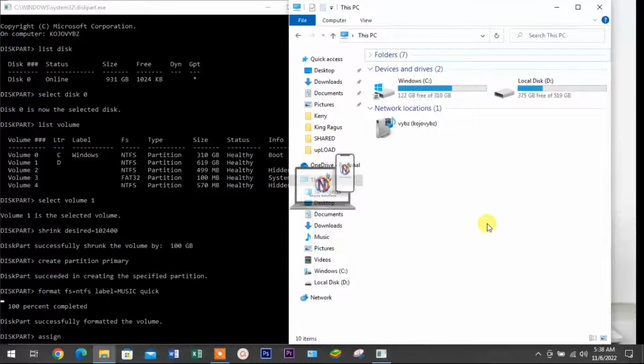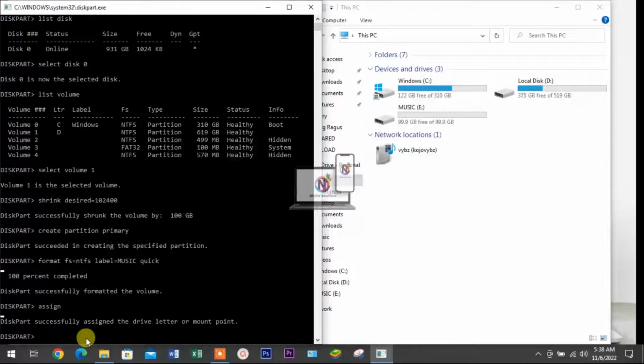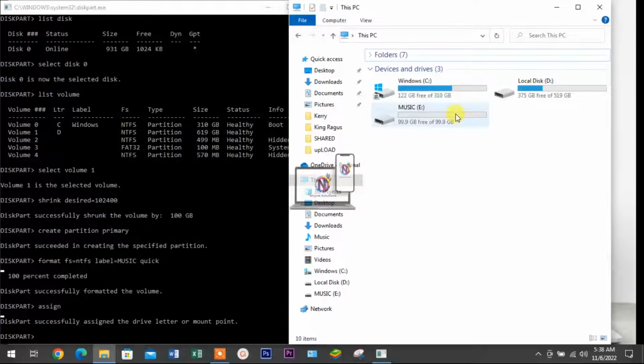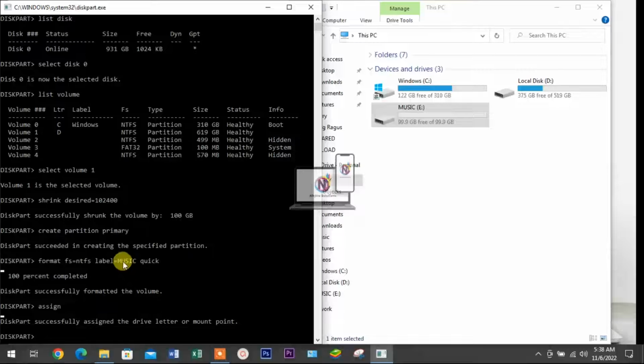So assign, you press enter, and you see our 100 gigabytes is now here. It's saying 99.9, and as you can see here, it is saying music, just as we gave it a label here, music. So any name that you want to give to the